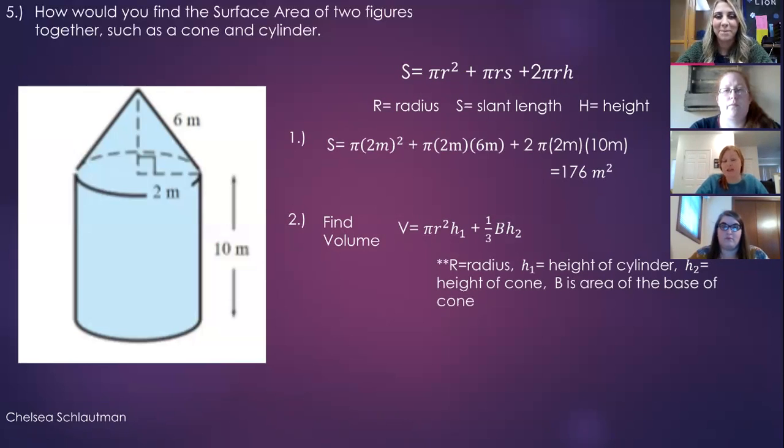Next, what you'll do is find the volume. To find the volume, you use this formula given, V equals pi r squared times height 1 plus 1/3 of the base times height 2. So what we're going to do there, we're going to look at the numbers. We have two different heights,